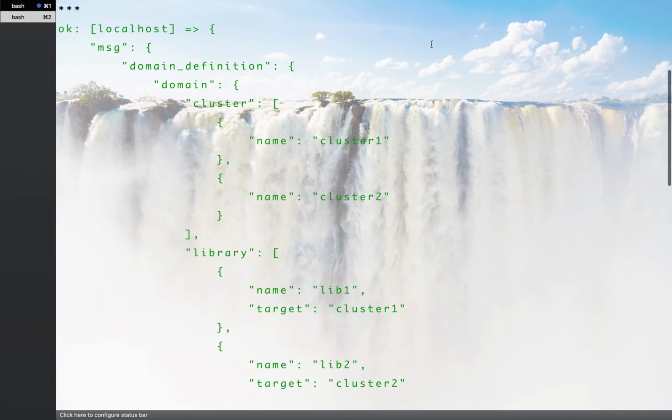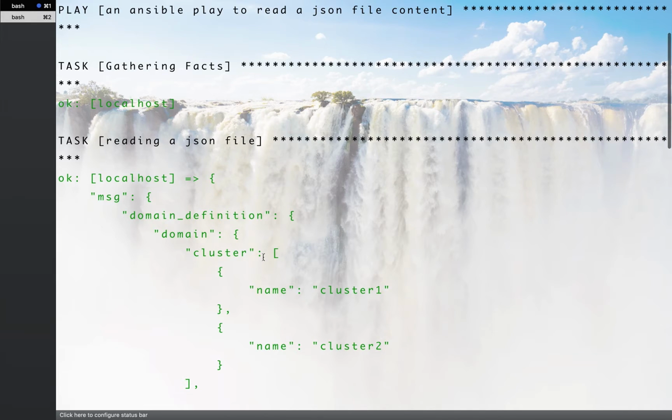If we see, cluster is part of domain, so we could not get cluster basically.